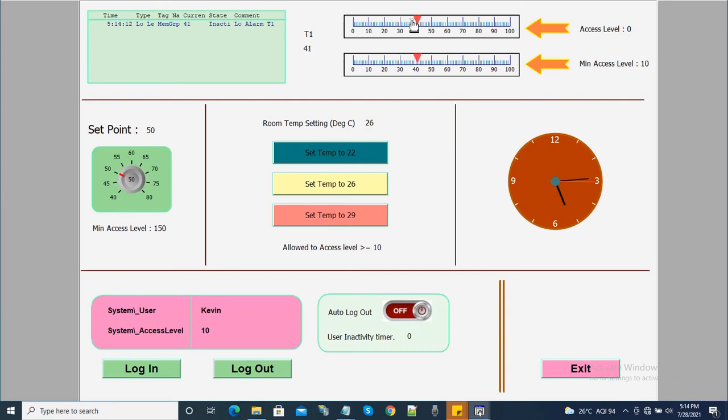Now, I can move this lower slider as well as upper slider. I can now also acknowledge the alarm. I can now change the room temperature setting also. As the access level of logged in user is 10, I am able to click these buttons and change the